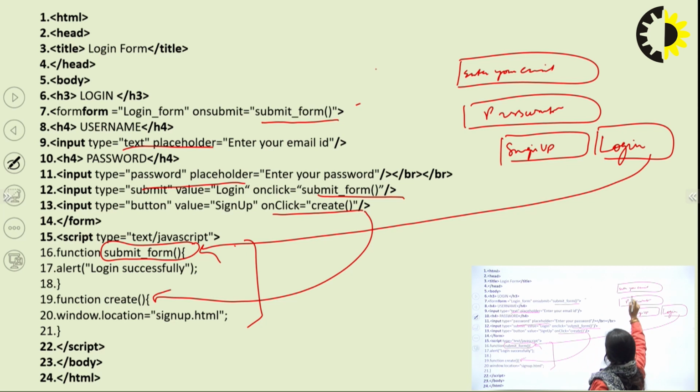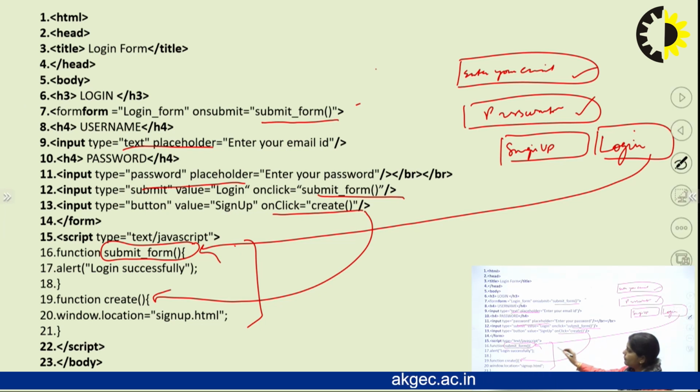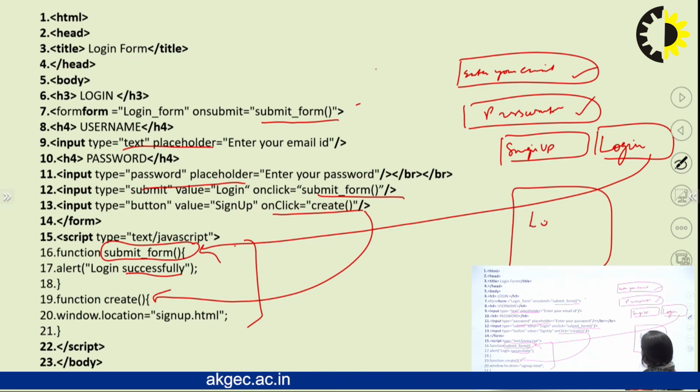So first of all, the user has to write his or her email ID in this text box and then the password in this text box. Then when he or she clicks on the login button, what happens? An alert window will be displayed, in which a message will show that you have logged in successfully. Okay, and when a user clicks on the sign up button, then it will